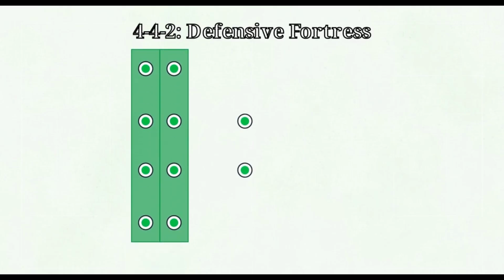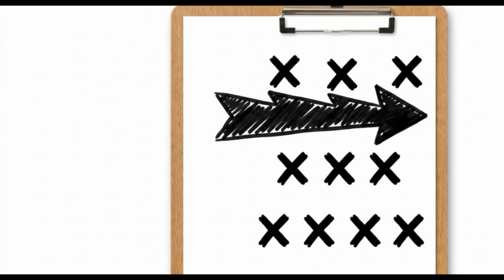Two rigid banks of four stretch across the pitch, creating a highly organized block designed to absorb pressure and launch immediate counterattacks through a dual-striker partnership. Here is the manager's dilemma. Set up in a 4-4-2, and you surrender the passing angles needed to cleanly play through an opponent. Commit to the 4-3-3, and you risk leaving the defense exposed to high-speed counters when advanced midfielders get caught up